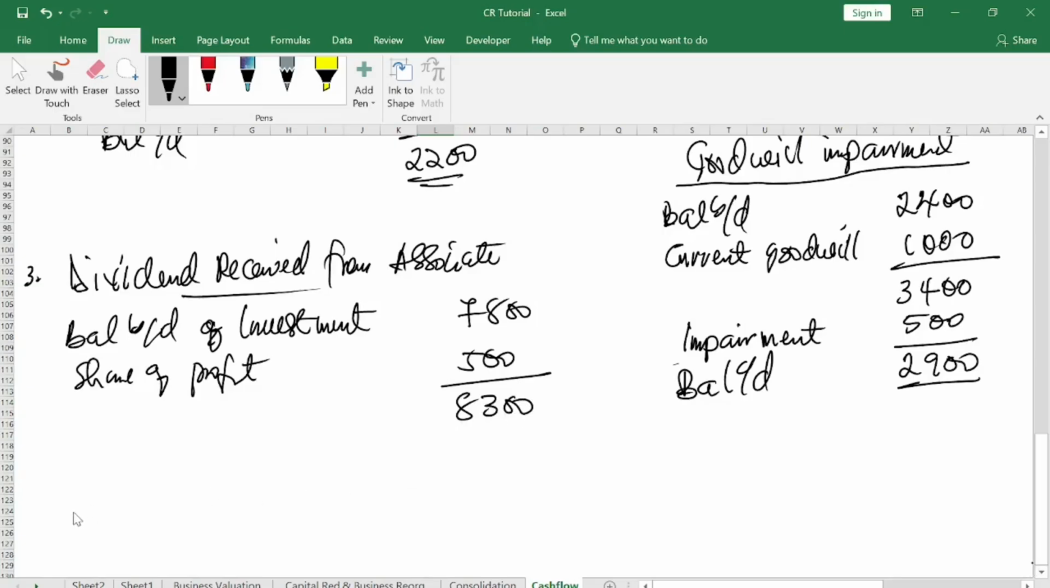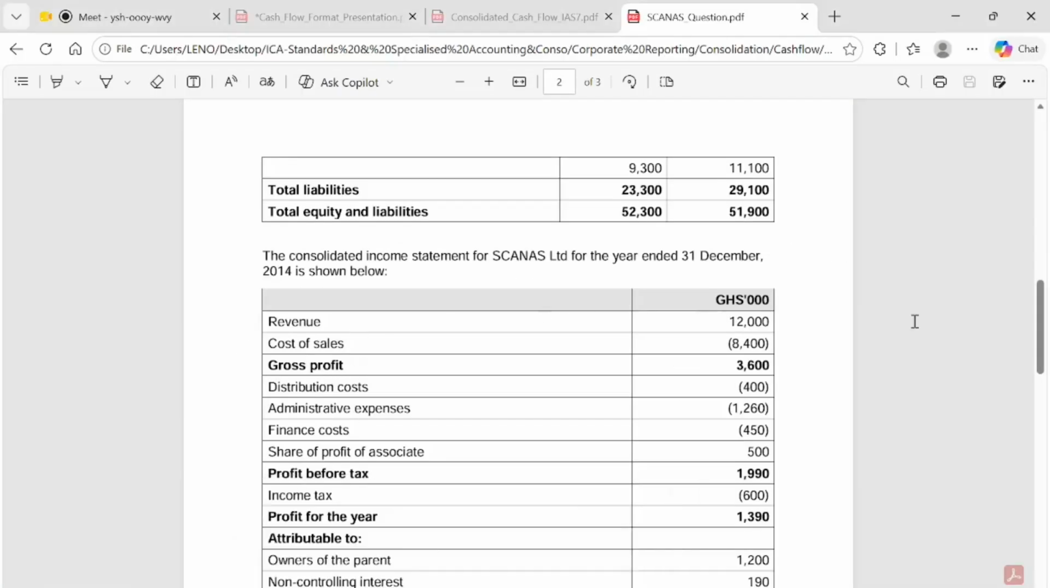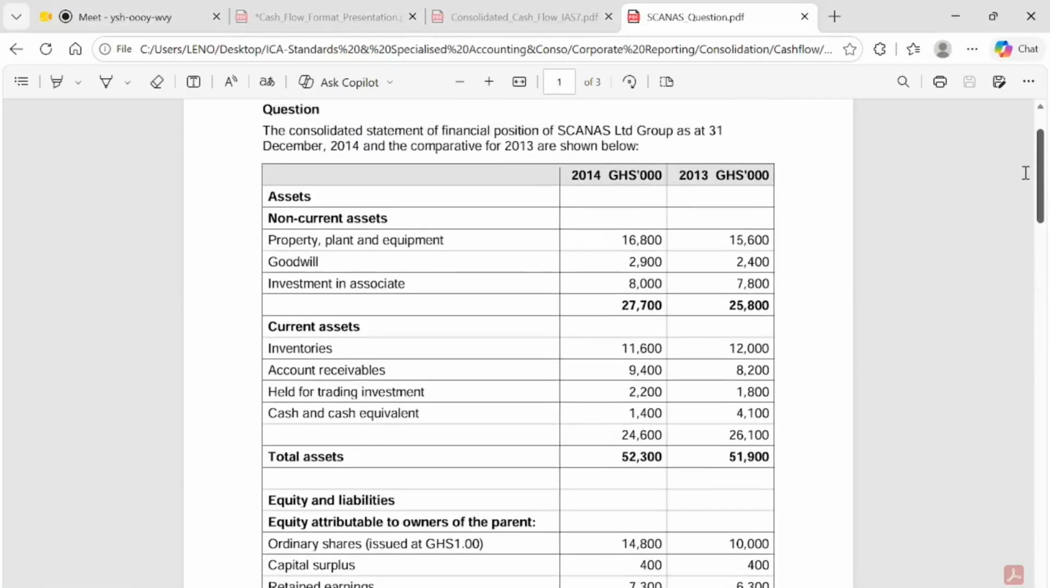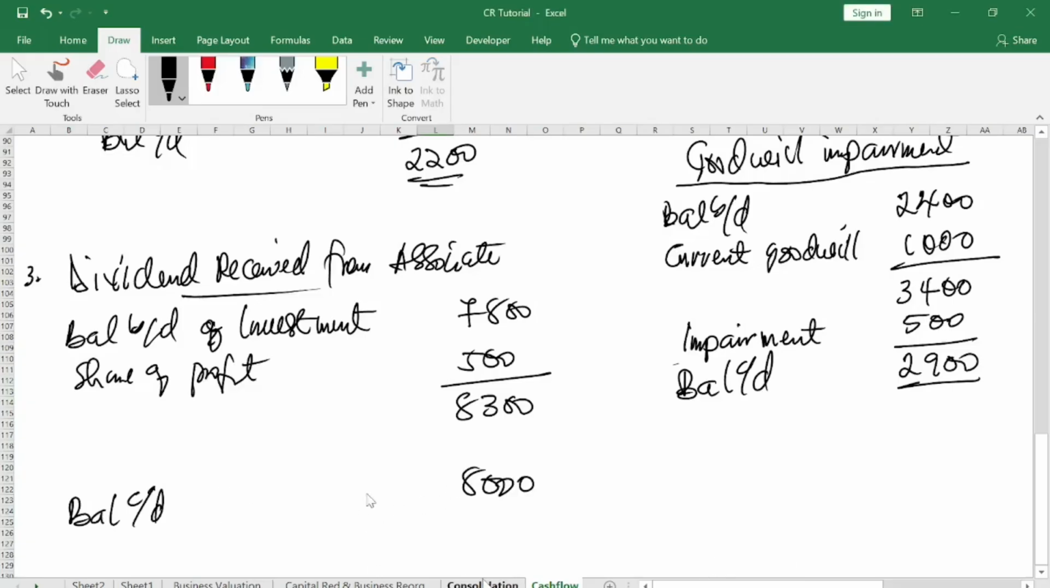Then you come and check the balance CD at the end of the account. What's the balance CD of the investment? Closing balance. Go to the balance sheet or something like that. 8,000. Then you compare the two. Now watch here. When you compare the two, what do you see? Check this. The total value of the investment in associates is 8,300. But